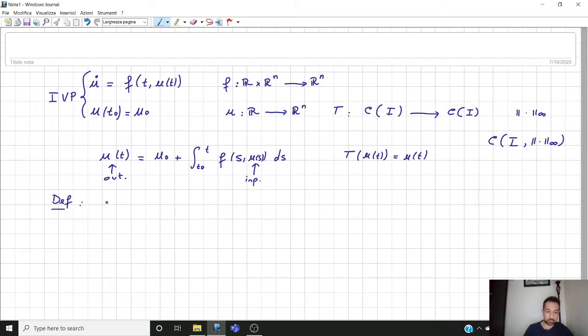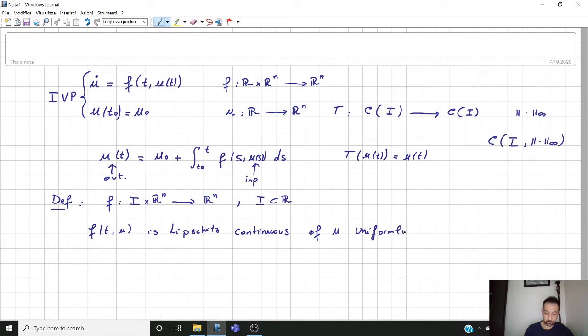So suppose we have a function f that, instead of being defined from R to R^n, is defined from I to R^n. It's going to give us values in R^n, where I is an interval of the real numbers R. And we say that f(t, u) is Lipschitz continuous in u uniformly on t